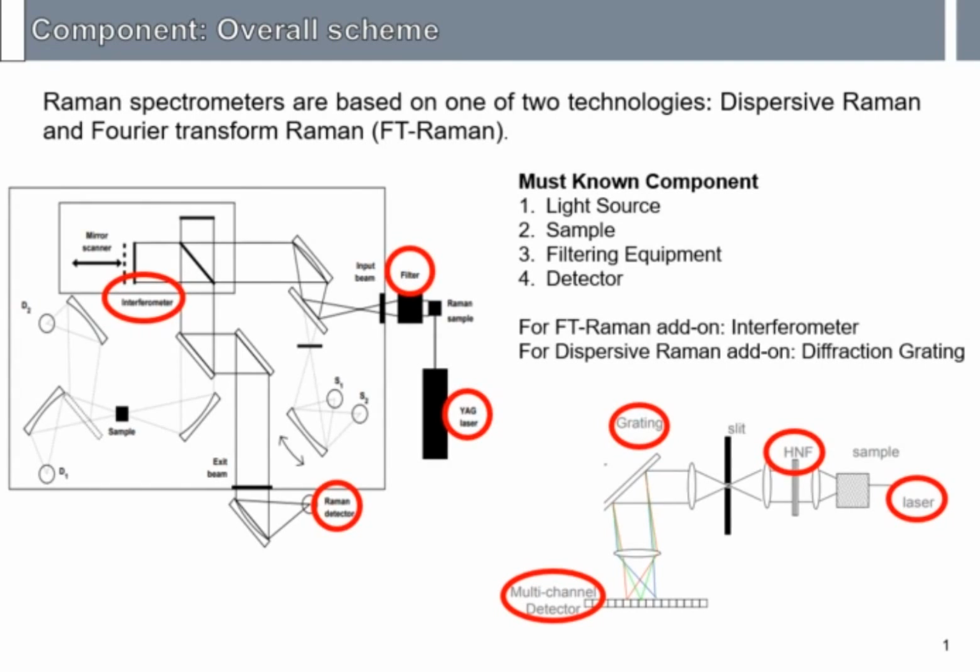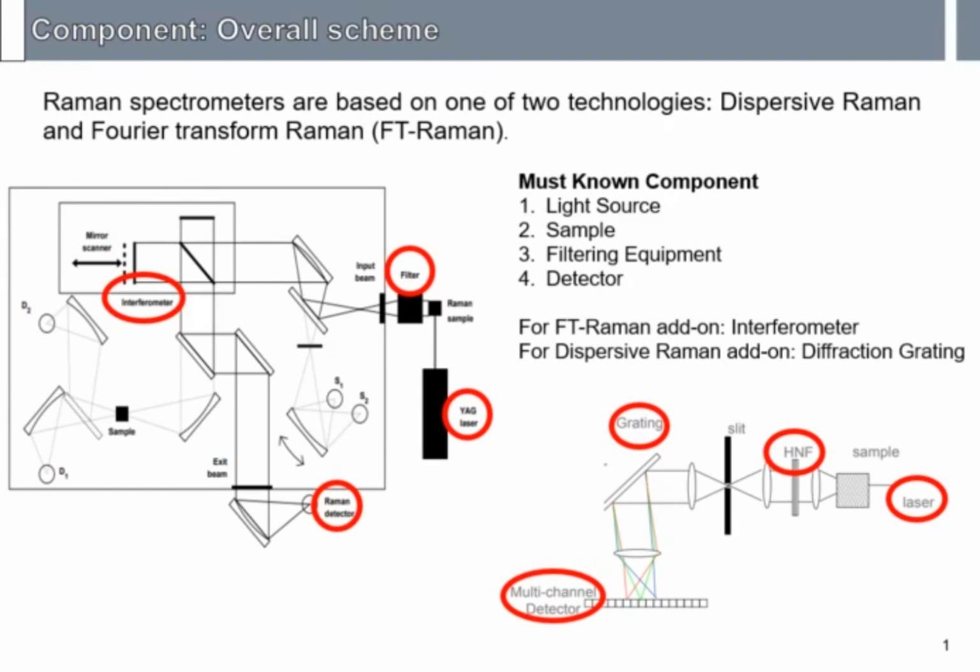So next we come to the component parts of Raman spectrometers, which are based on one of two technologies: dispersive Raman and Fourier transform Raman. Both technologies have four well-known components. We start with the light source, the sample, the filtering equipment, and the detector. However, the Fourier transform Raman has the interferometer as an add-on,